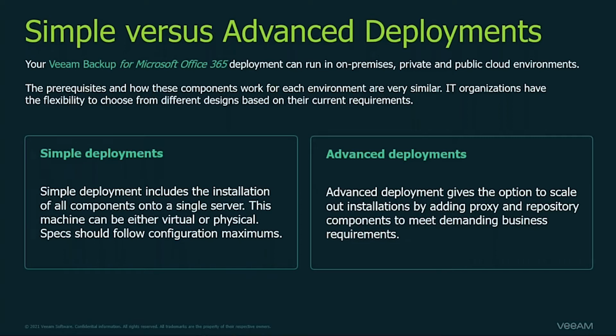And advanced deployment is where you start to scale out those components and aggregate the workloads to different machines, like adding additional proxies with repository components attached to scale up to larger business environments. Now, the next question we usually get, where do you draw this line? And it's actually on the next slide we can see